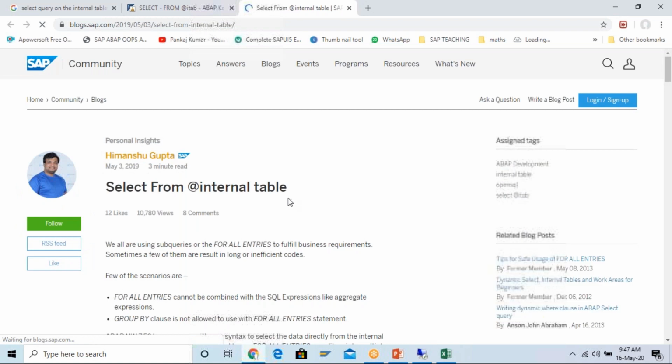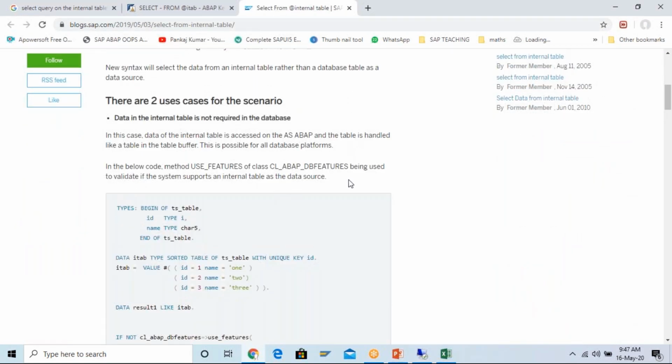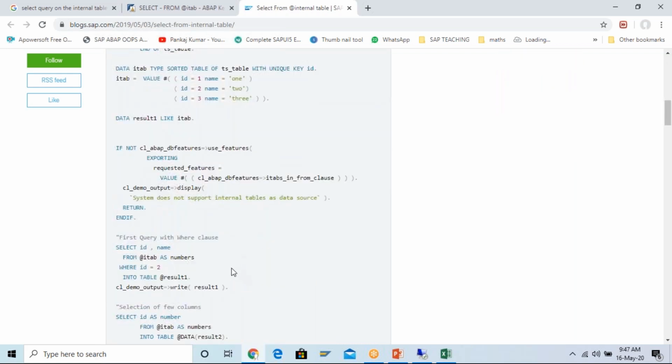And in a blog, the information will be correct most of the time, 99.9% of the time, because the blogger does a lot of research. You can see here the select ID from this, your internal table, as numbers where ID equal to, into table CL underscore, like that they are going to use. So let me try in the same way, copy this one